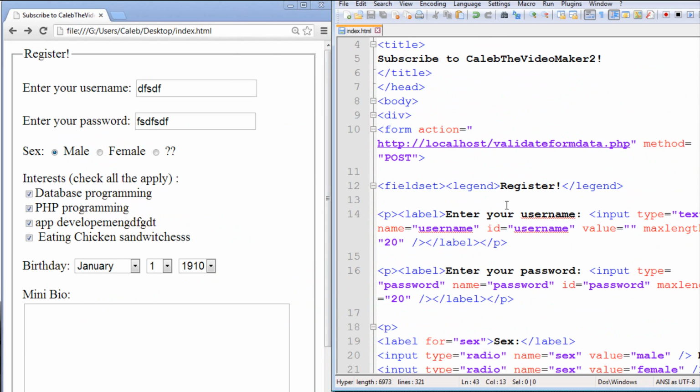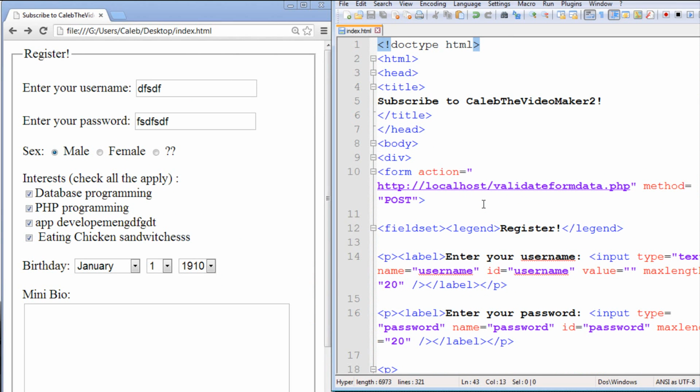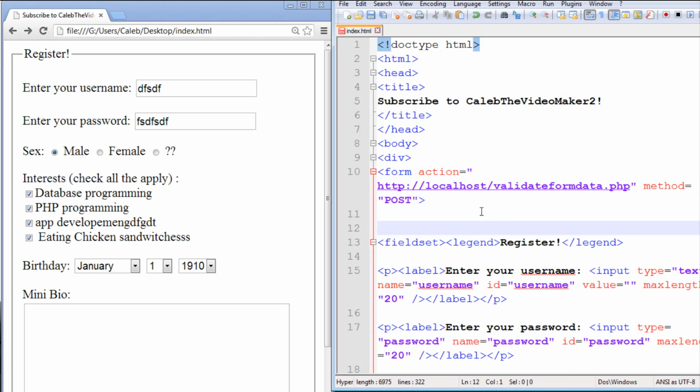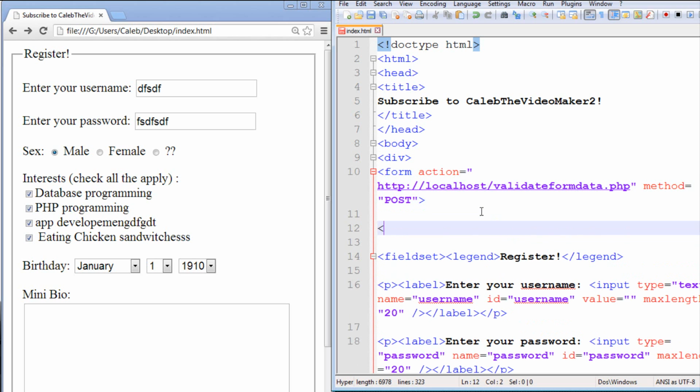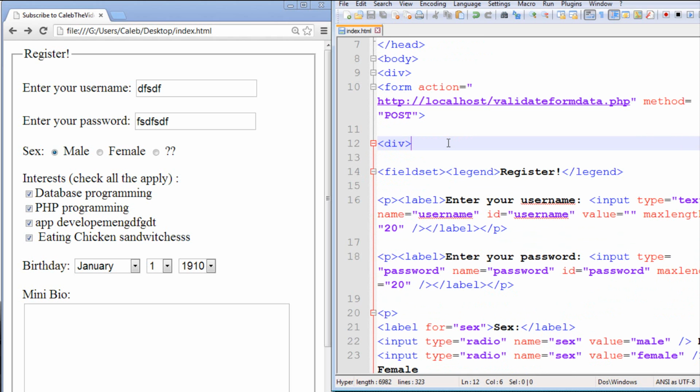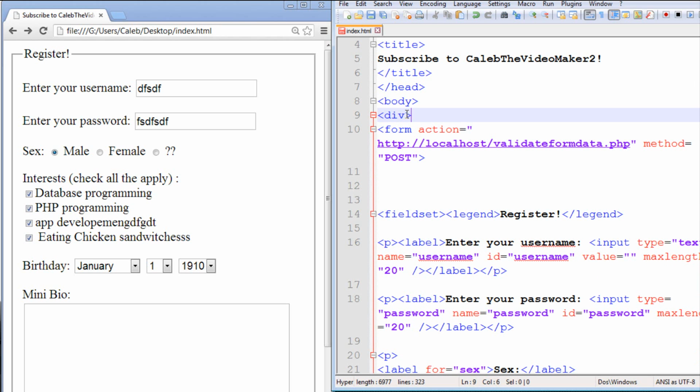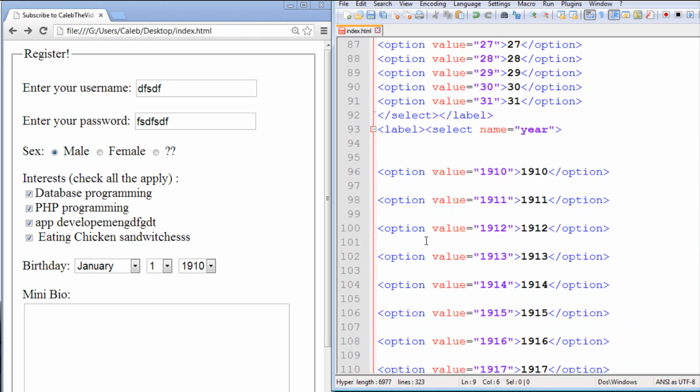If you're new to this, you may not have heard of it, but otherwise you probably have. It's a div. So, what is a div? Well, I think it stands for division, like you divide up your website. It's used to break up different pieces of your website. For example, I already started a div here. I could put this entire form within a div